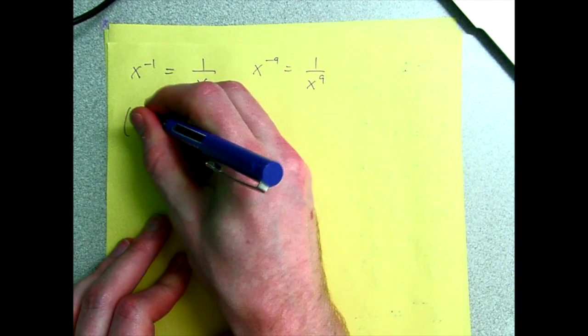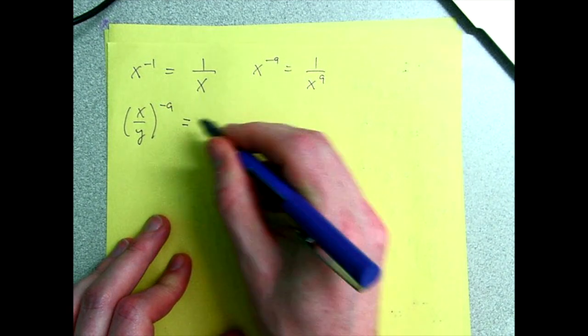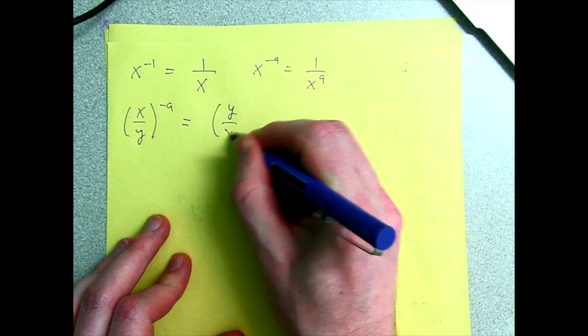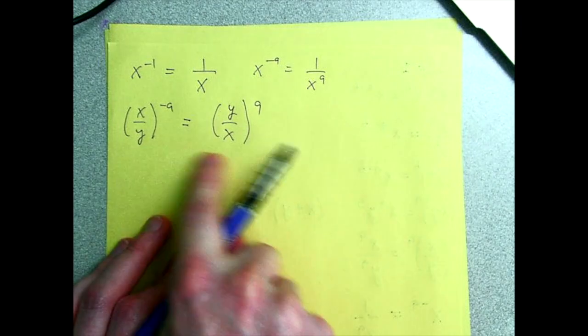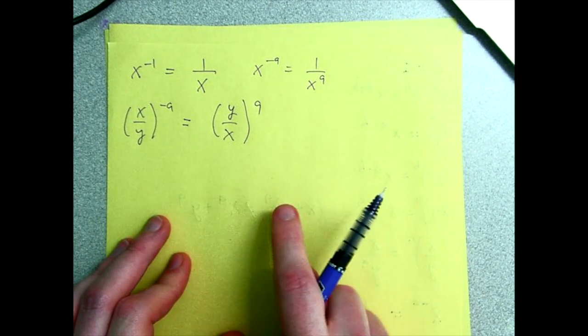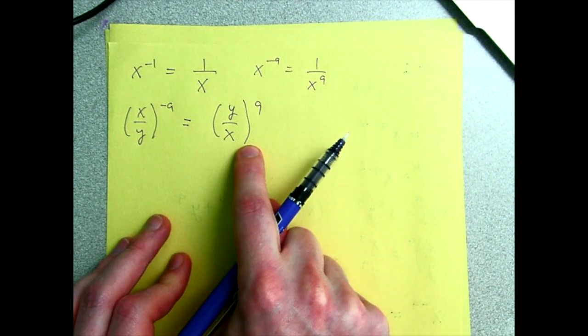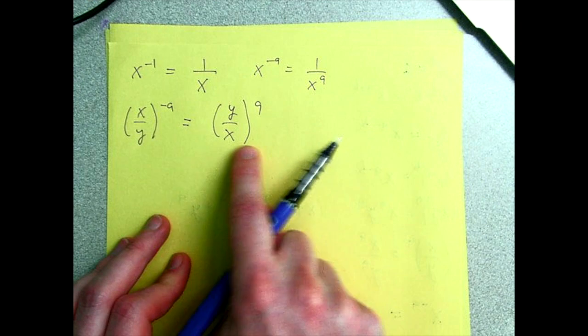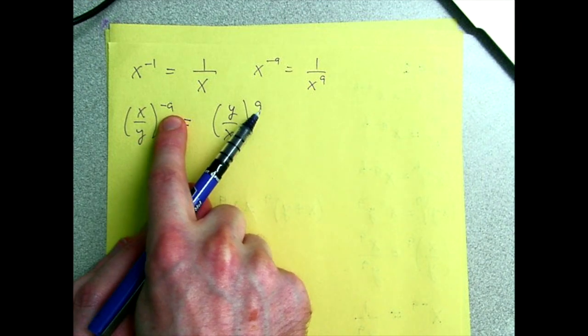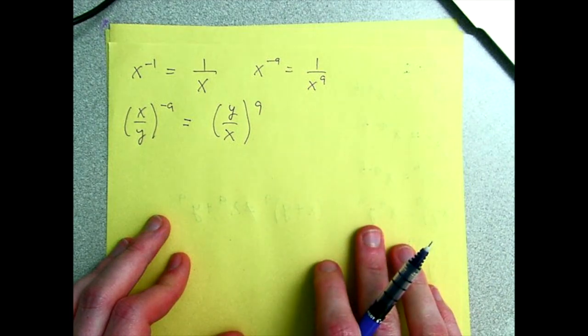If you have a fraction x over y to the negative a, that is the same thing as y over x to the positive a. You can actually prove this rule through the rules that I've already written down. So I'm not really giving you anything new here, but this is a useful shortcut. If you see a fraction raised to a negative exponent, then you can in fact flip the fraction upside down and then make the exponent positive. It's a good one to